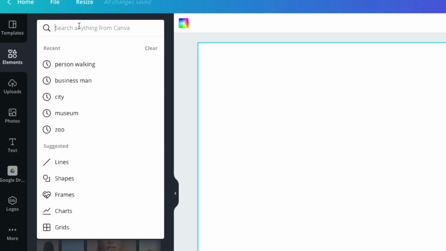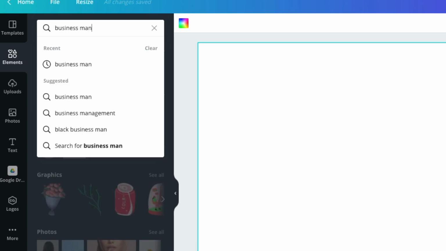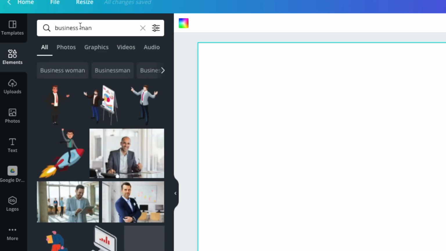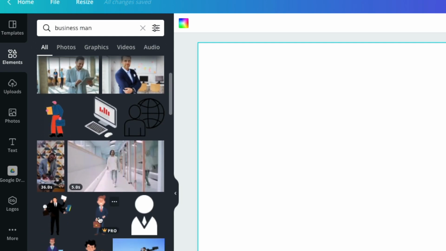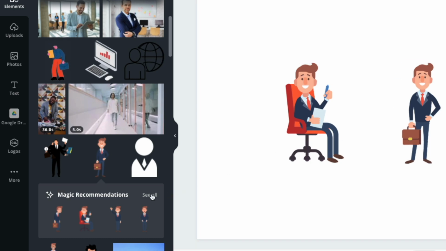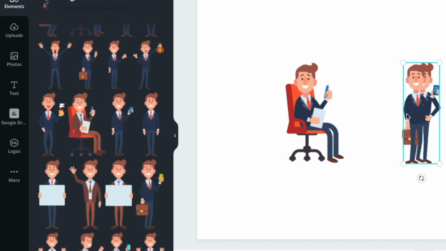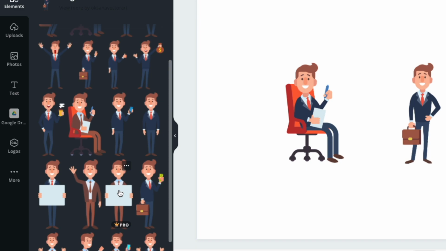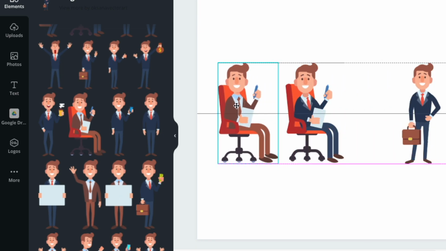With my Pro account, if I search under Elements for the type of character I want and click on a selection, Canva will also suggest some related images under Magic Recommendations. You won't get this option if you use the free account, but you can also find some characters under the free account. From here, you can get options and even variations on the character you've chosen. This helps when you want to create multiple scenes using the same character.